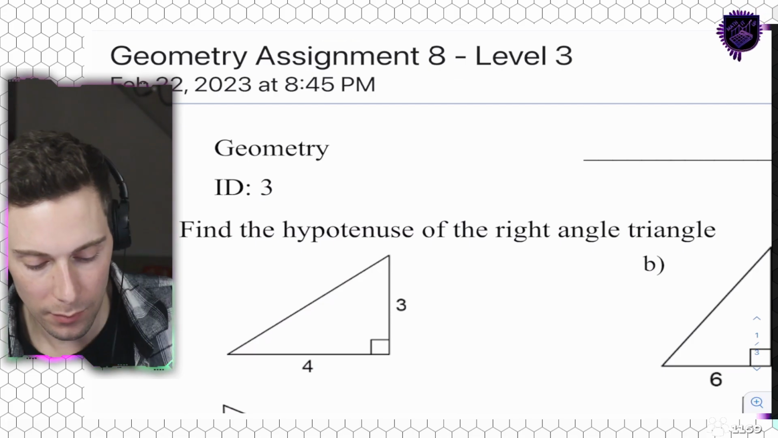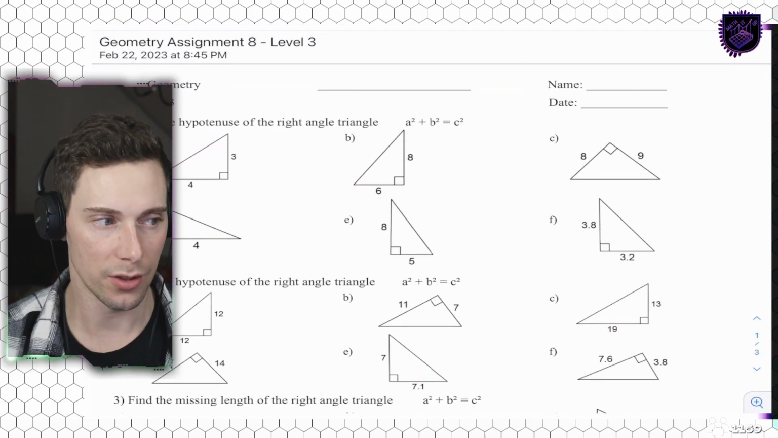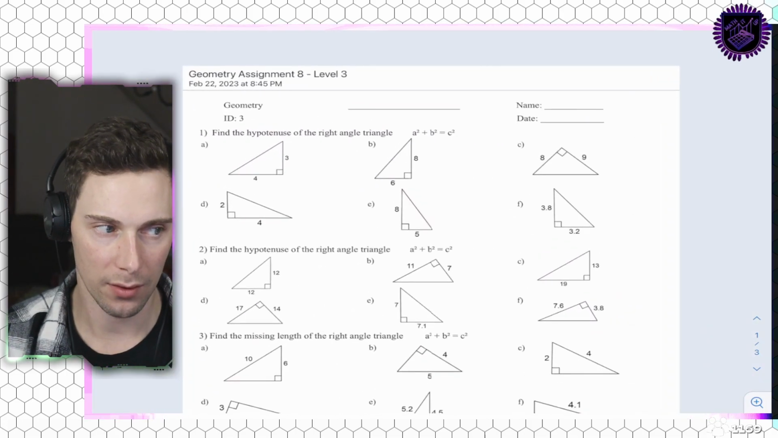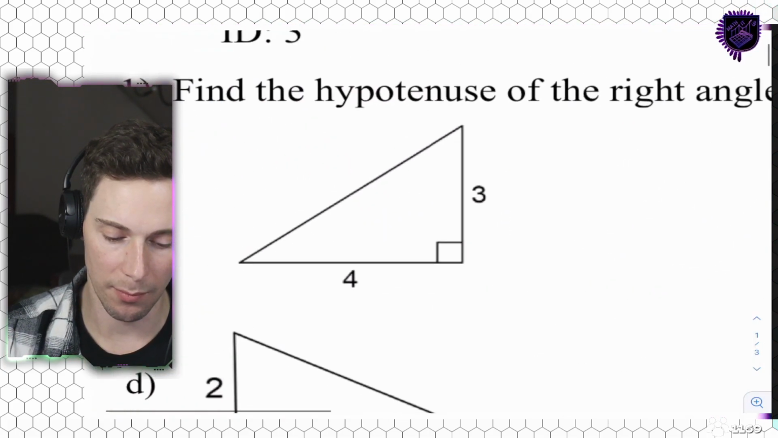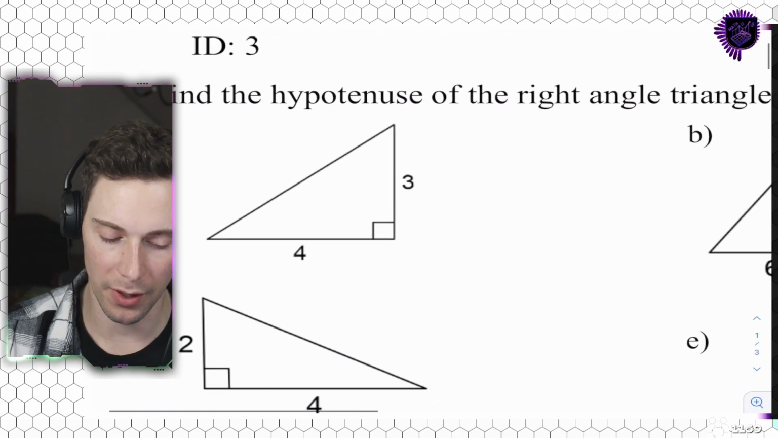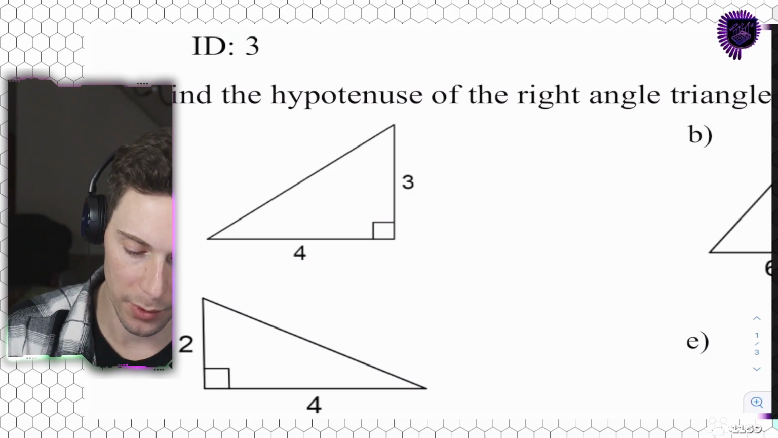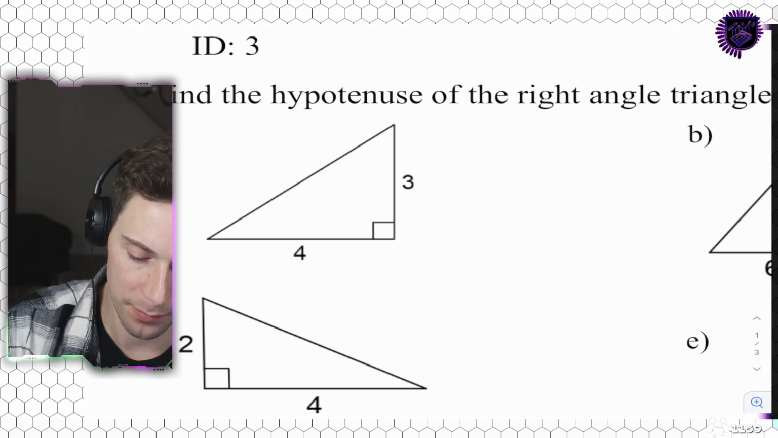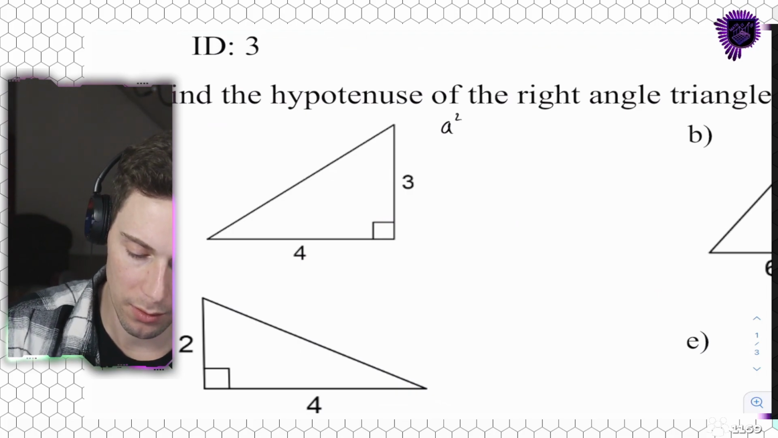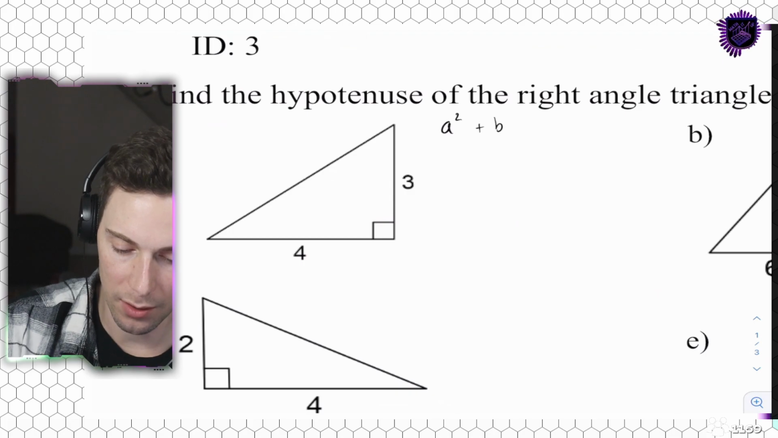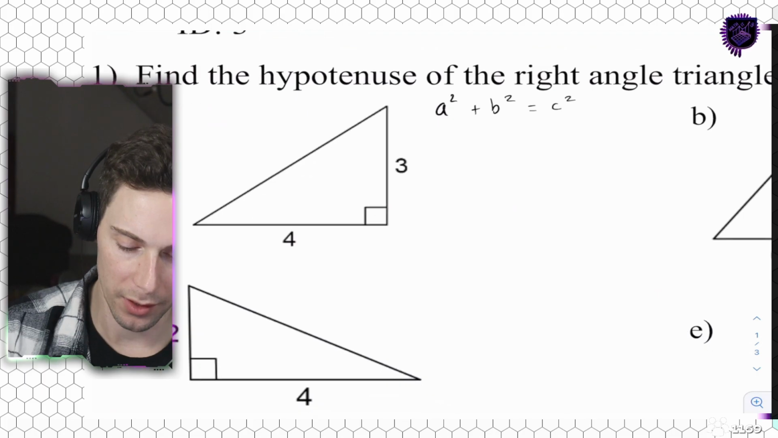Okay, let's check out what we have here. So first question set is right there, and 1A. This is the most classic triangle, the 3, 4, 5 triangle. I already know it, but I got to show my work here. So step 1, we're going to write out the formula. a squared plus b squared will be equal to c squared. We're going to fill in our